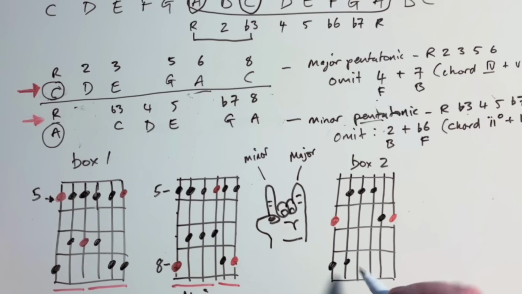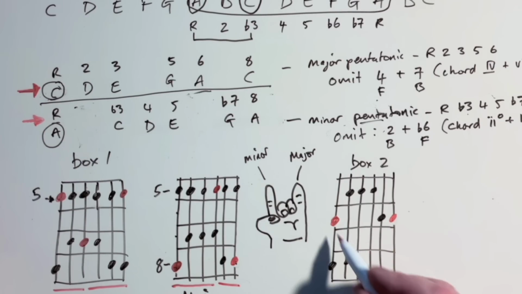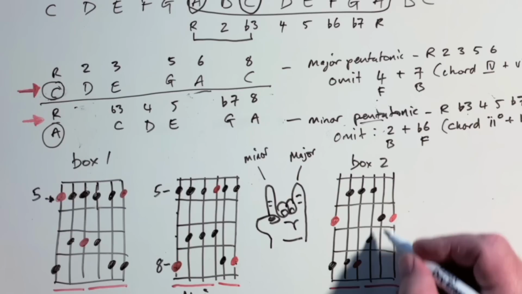Then what happens is we get the root note again down here, and you can see that makes sense because we get our E-shaped CAGED octave there. Can you see? Starting on the E string there. That gives us 1 octave. We get another octave here. Let me just finish filling this out. We get the root, we get the second, we get the third, we get the fifth, we get the sixth